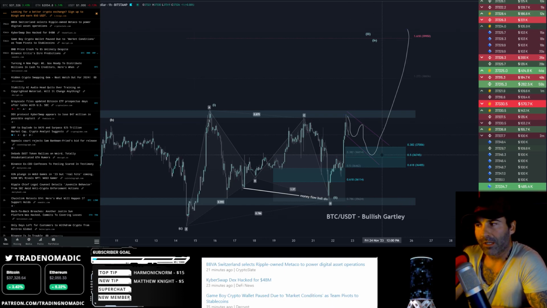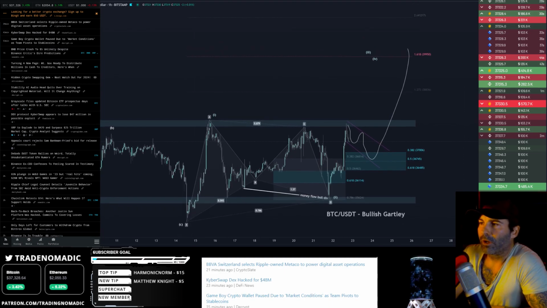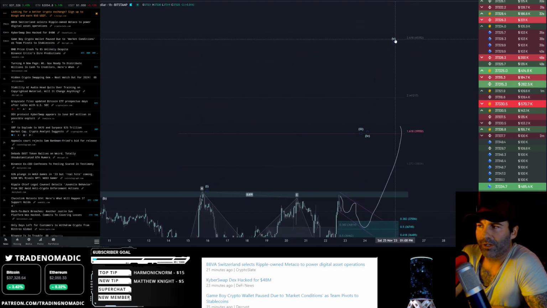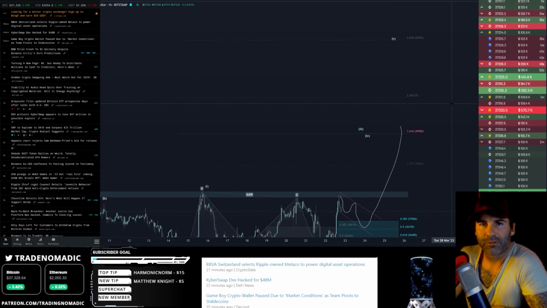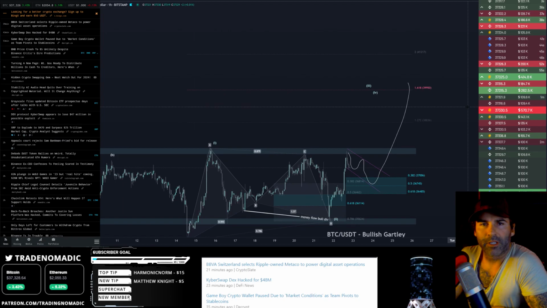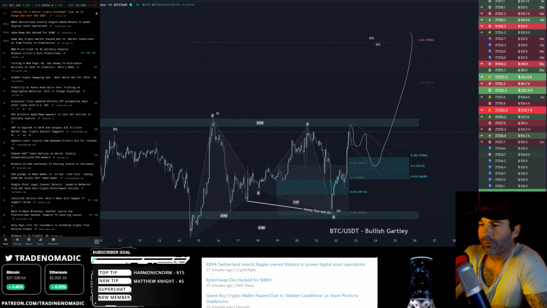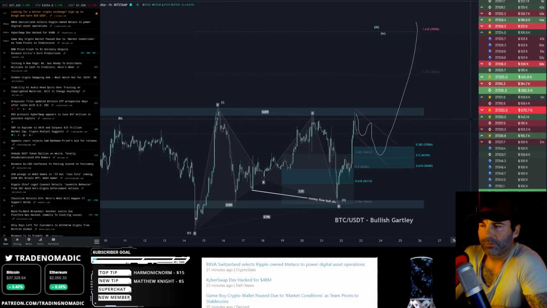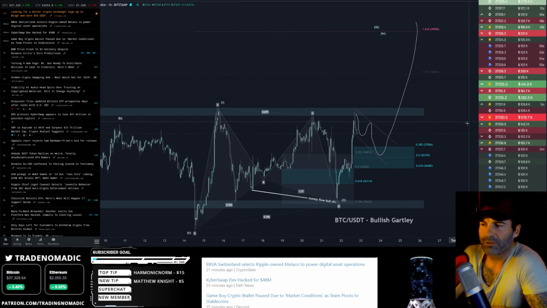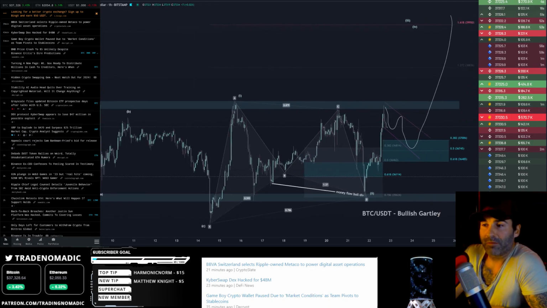I would love to see the 382, the 50% hold, but I wouldn't want to see it any lower than the 618. In this case, I would like to see this consolidate high and tight and then extend to the 1618 for wave 3. Now, that gives us a potential target for wave 5 at 43,350. It's a little bit early to get into too many details or to really dial in target prices just yet, because we do want to see how this unfolds first. But that's what I'm looking at for right now.